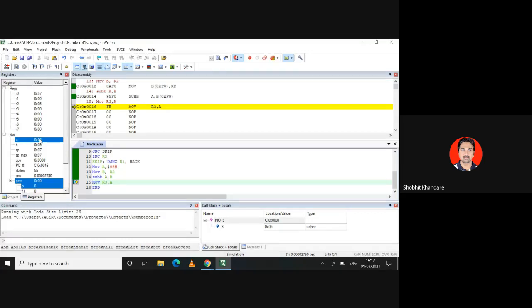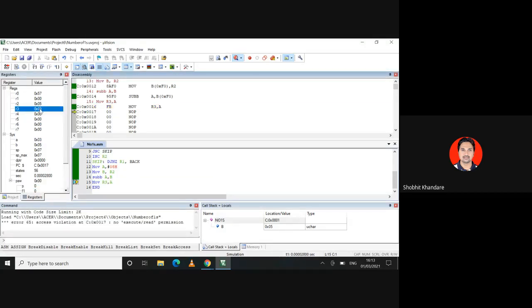And you want this 3 to be in register R3. So here you can see register R3. Now this will be 3. R3 will become 3 now. See here, so you have got the answer. R2 will have the number of ones as 5, and R3 will have the number of zeros as 3. And this is the end of the program. Last, you will end the program.